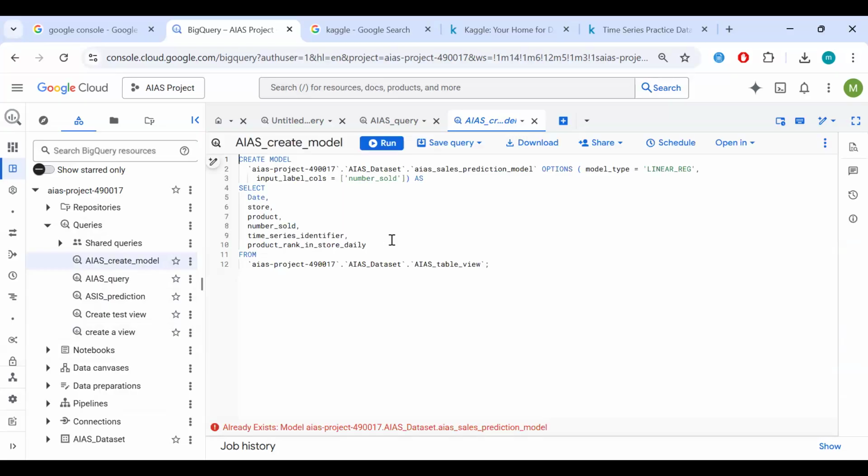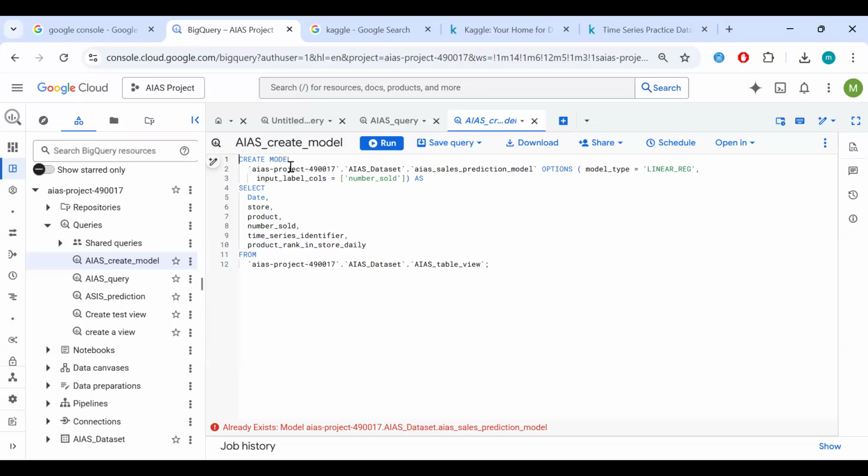All right, I can also share all these SQL queries, so I can download them and share them with you so you can easily access and run your own code in your own time. So I intend to provide all these to make it easier for you to learn. So now we're going to create a model. Initially, we created a view. Now we're going to create the model. This is now when we already know we're building a model for forecasting, right? So we'll now select our model type.